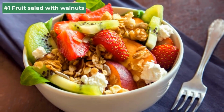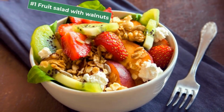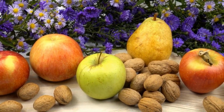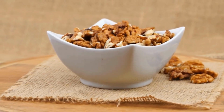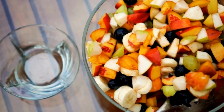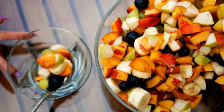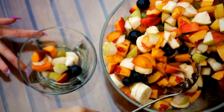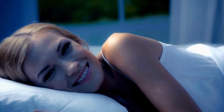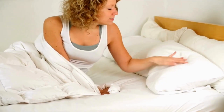Number 1, fruit salad with walnuts. Neither fruits nor nuts require much preparation effort. It is an ideal choice when you are hungry, but you feel tired to prepare anything else. Eating fruits before bed is a good practice, due to the low glycemic index that fruits have. They help in the proper supply of energy to the body through sleep, so we do not wake up hungry